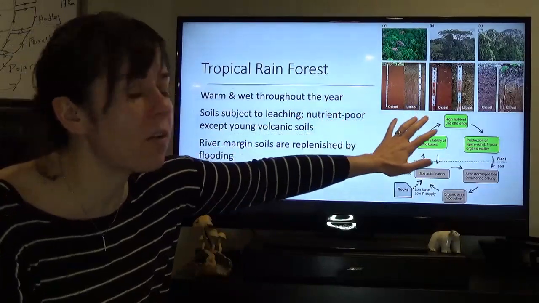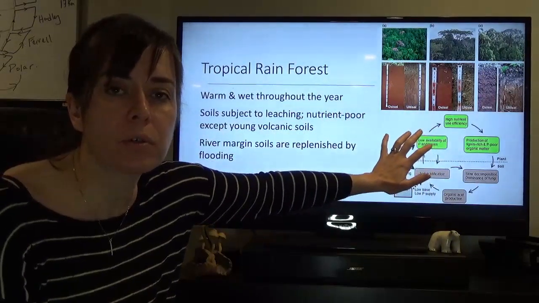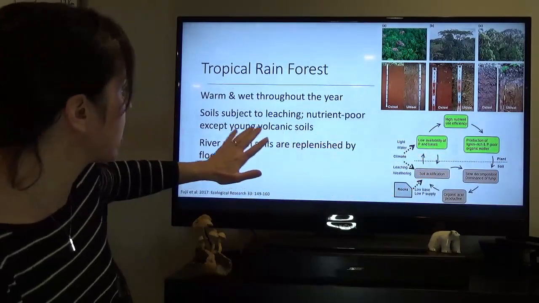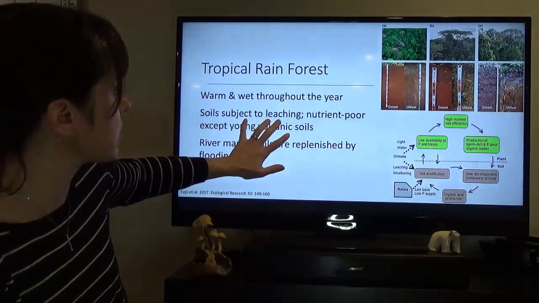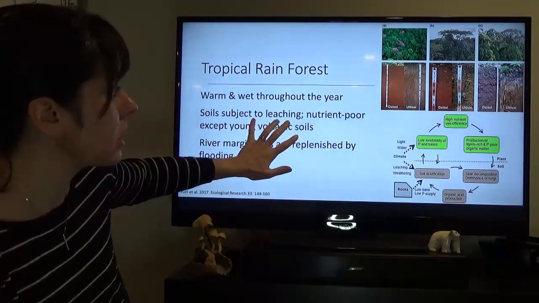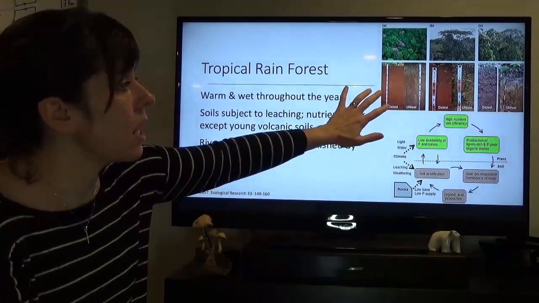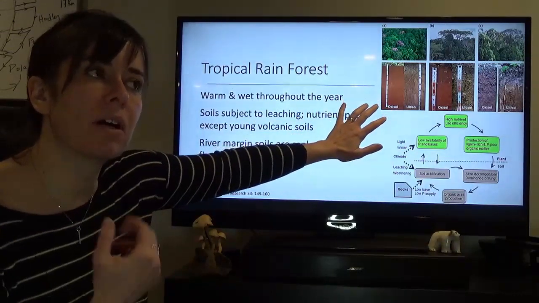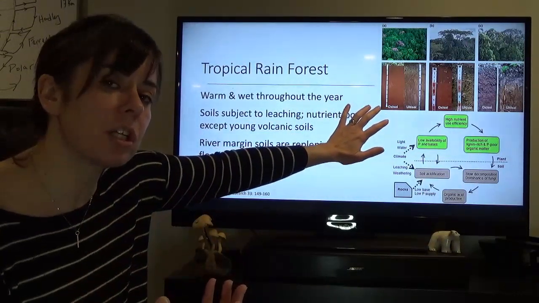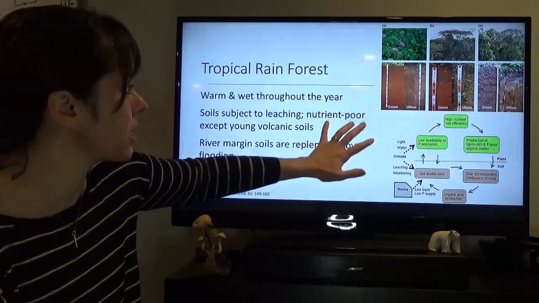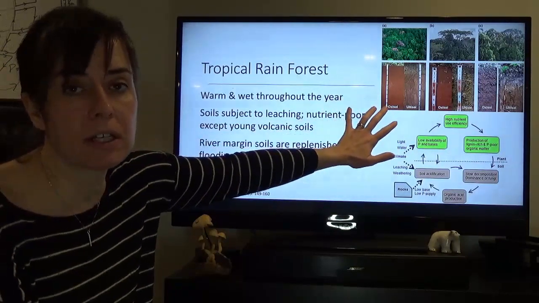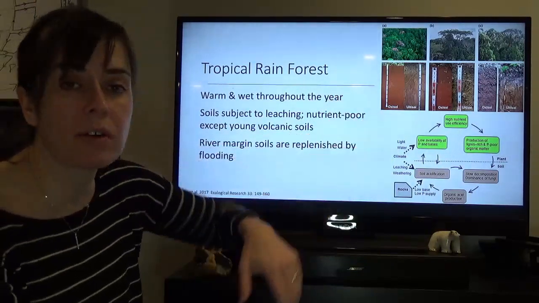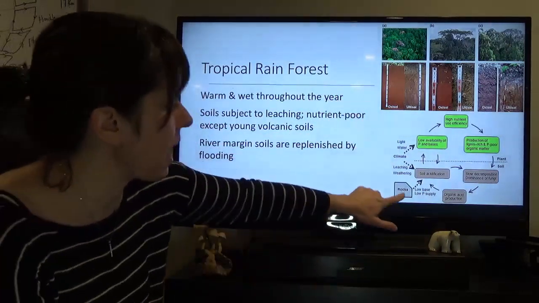These are very old soils, and old soils means a long time over which weathering has occurred. So we have these soils that are highly weathered. They tend to be phosphorus limited soils. Here in North America, we often think about nitrogen limitation, but these soils, with the exception of volcanic tropical areas, tend to be very, very low in phosphorus, and so there's a strong reliance on mycorrhiza to access